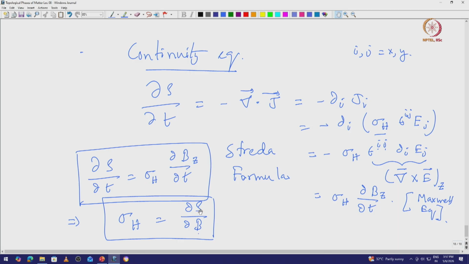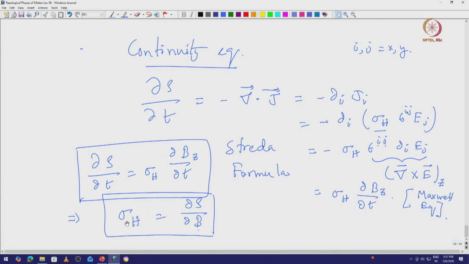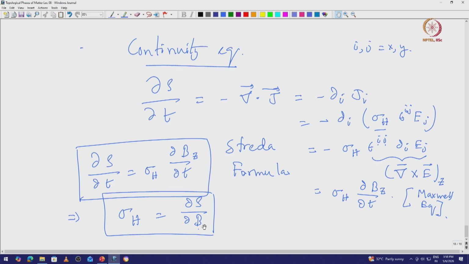How much the current density is changing in the system is what the Hall effect is measuring. Okay. This is a different formula, and this is only valid for the Hall conductivity, not for the longitudinal conductivity. For the Hall conductivity, it is just a measure of how much the charge density in the bulk of the system is changing due to some change of the magnetic field, and this we can convert into